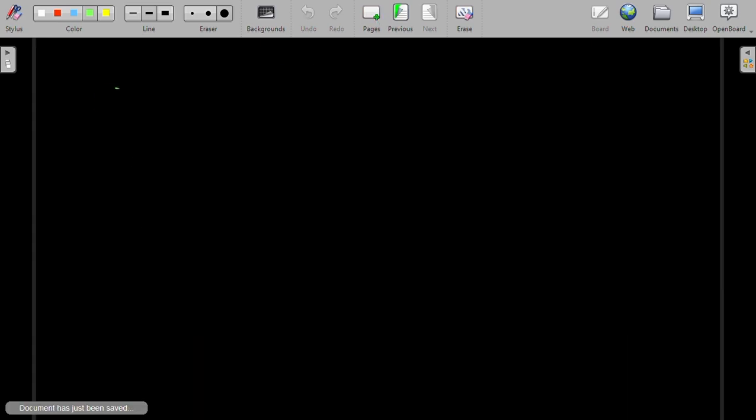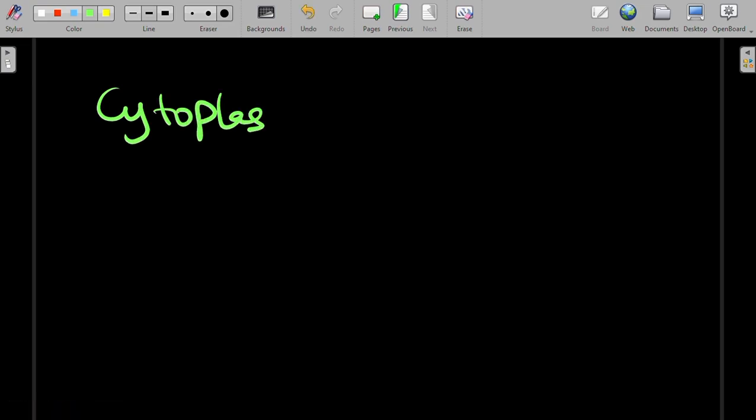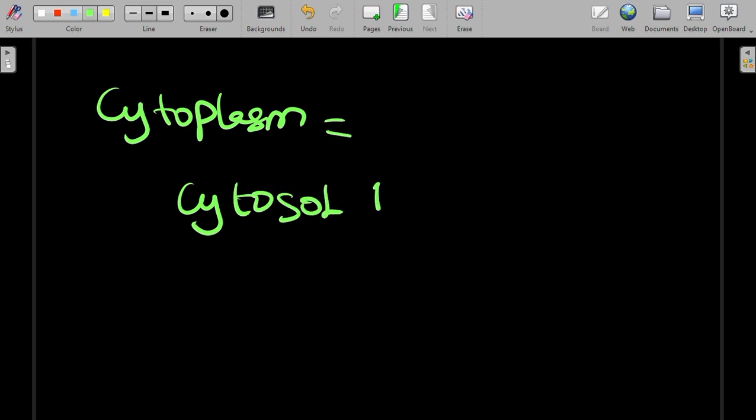Now, what does the cytoplasm signify? The cytoplasm signifies that we have cytosol plus organelle. So cytoplasm means cytosol plus organelle. The cytosol is the jelly fluid-like part of the cell, while the organelle is the subunit, divided particle of the cell that performs a specific function. This is just the introduction of the cell. When I come back, I will detail you on the full lectures of the cell.